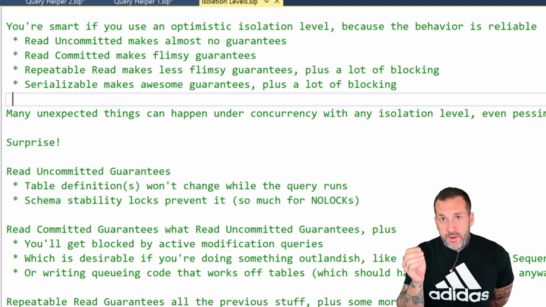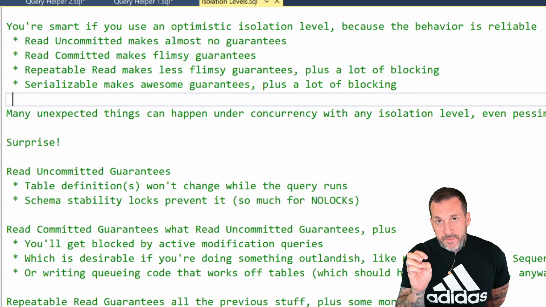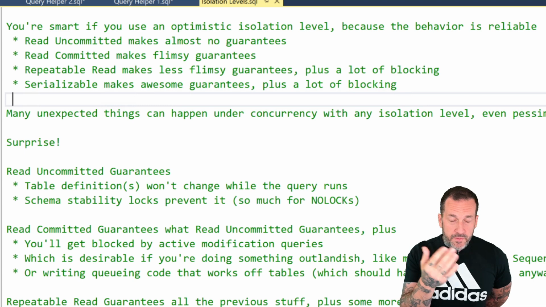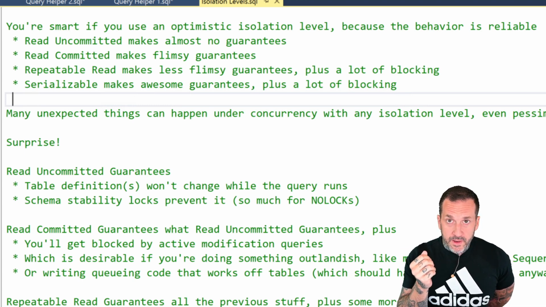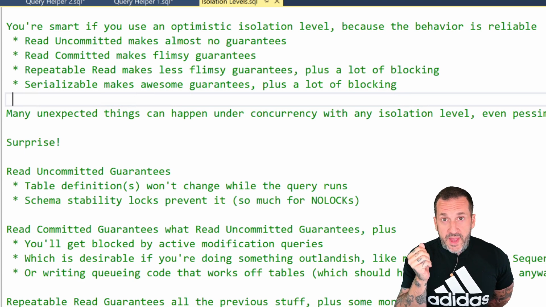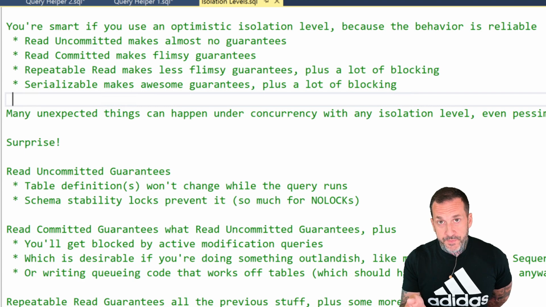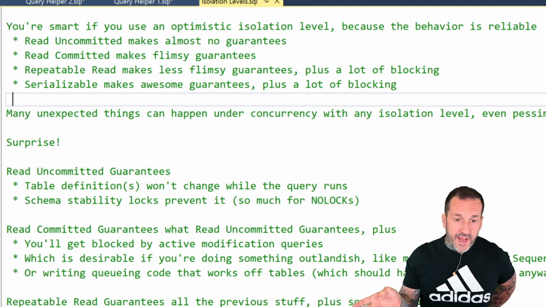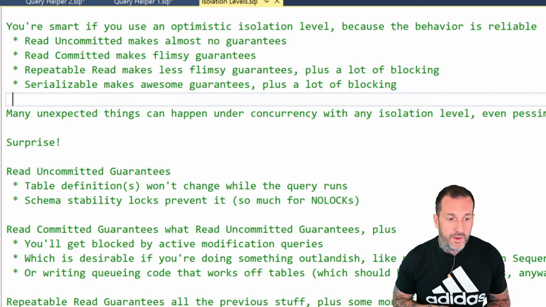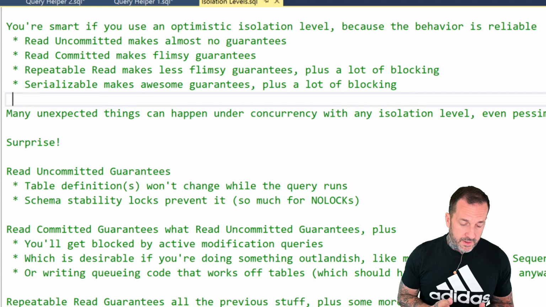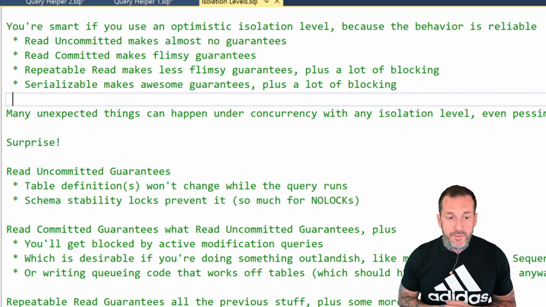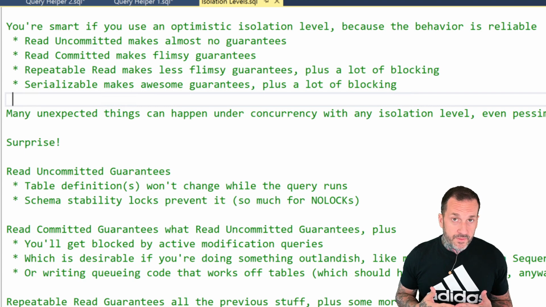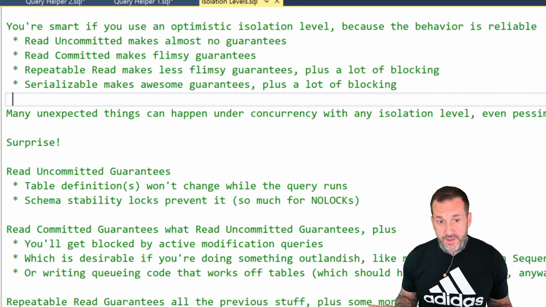And like I've said before, any isolation level that's so bad that it leads people to using things like read uncommitted or its synonym no lock as a best practice when writing queries has to be a really bad situation, right? It's not a good thing. Read uncommitted makes almost no guarantees as far as what data your query will return. Remember that read uncommitted and its synonym no lock are much better described as no respect, because they have no respect for locks taken by other queries, which means that you can return in-flight data from transactions. That's what a dirty read is.